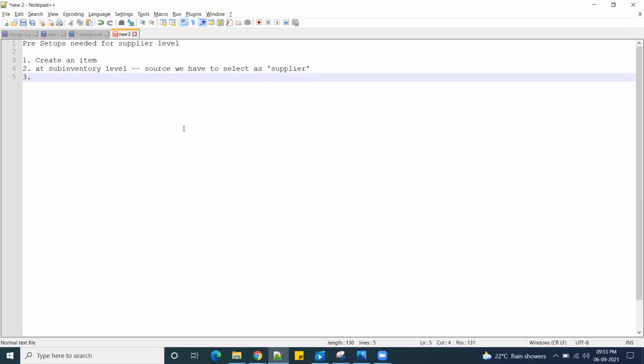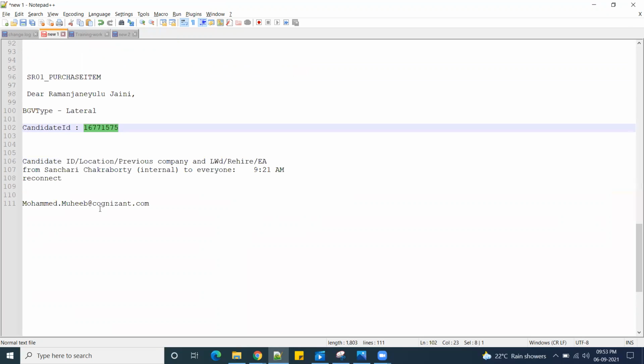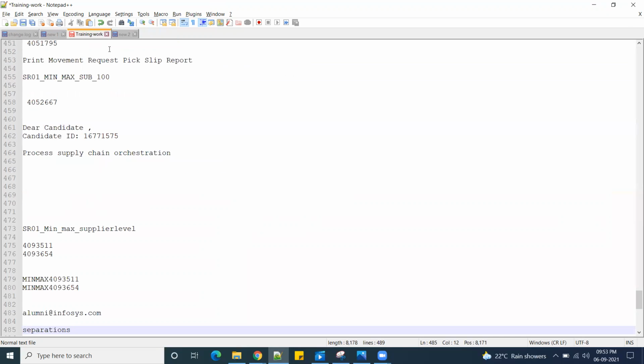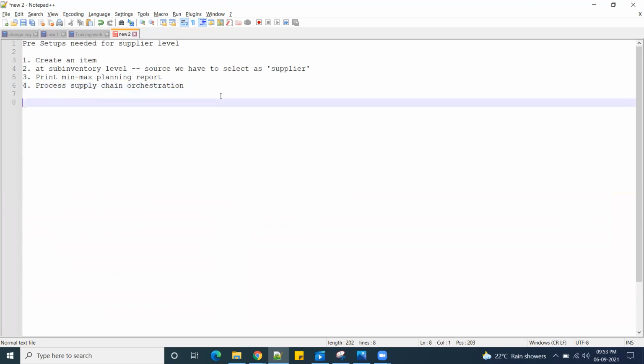Third one is run the print Minimax planning report. And fourth, one more ESS job is called process supply chain orchestration. Process supply chain orchestration. So what it will do is whatever